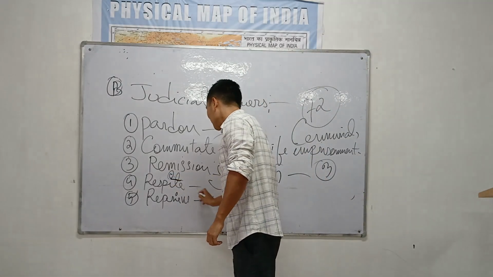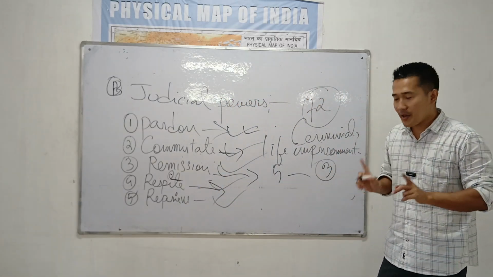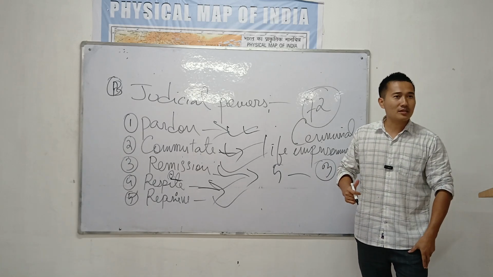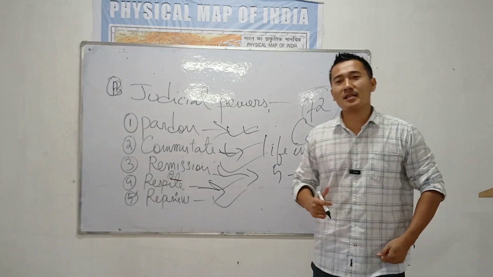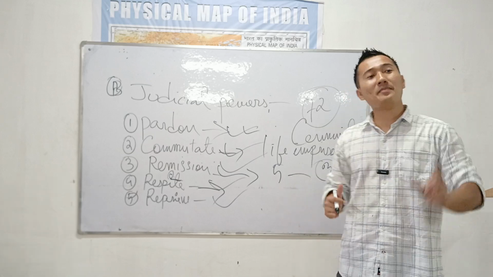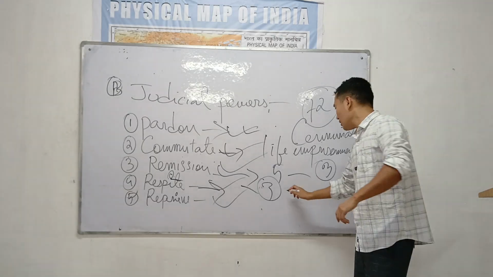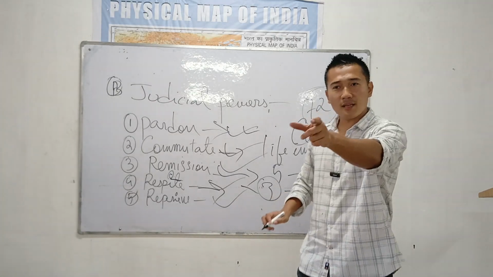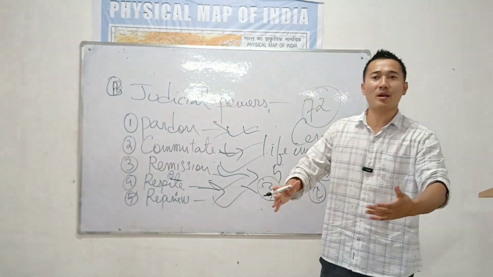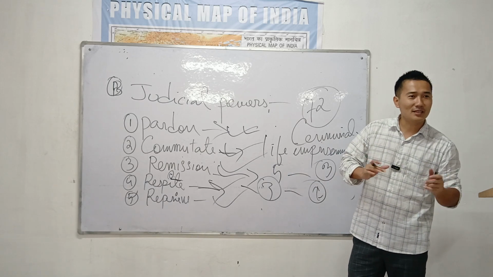Next is respite. Respite means similar to remission. However, here the condition is different. Suppose I'm a criminal, but my leg is broken. Suppose I'm a person with disability. Or a lady who commits a crime but she's pregnant. So let's give her a lesser punishment. If the court said 3 years in jail, no, give her only 1 year because she is facing disability, she is facing pregnancy. Or I'm a physically handicapped person, but I committed a crime. So for those people, lesser punishment. Who can do that? The President of India.